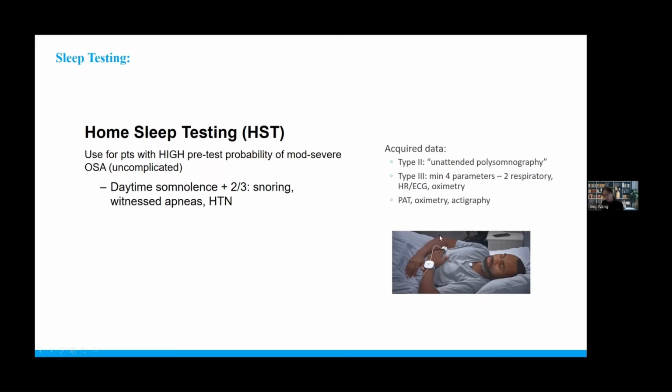information. I've put a picture here of the WatchPat, which is a device that we use primarily here at Mount Sinai in our sleep program for home sleep testing at this time. And this is really a PAT, or peripheral arterial tonometry based technology. So it's really using surrogate markers rather than direct measurement of flow and effort to identify respiratory events. But it has been validated and is fairly good in identifying, again, the most uncomplicated cases of sleep apnea.